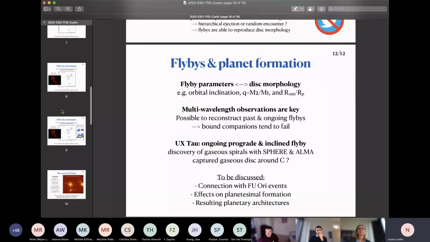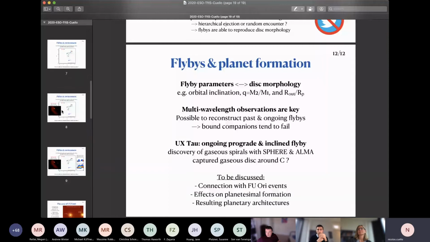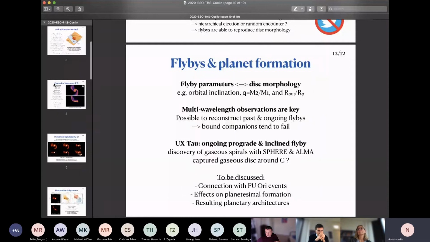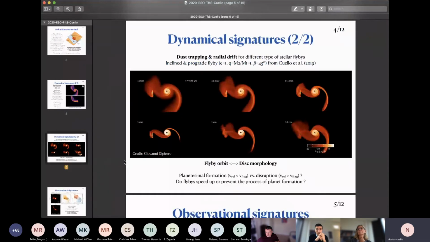Yes, so this is something we measured when we did this work with Giovanni Di Piero. We measured the accretion rate on the primary star when you have this encounter. And we realized that the moment at which you have the maximum accretion into the primary is a bit after you go through the pericentre. And in order to have a lot of accretion, this needs to be a prograde encounter, as expected from theoretical estimates. And the burst can be pretty significant, but of course it's degenerate as a problem.